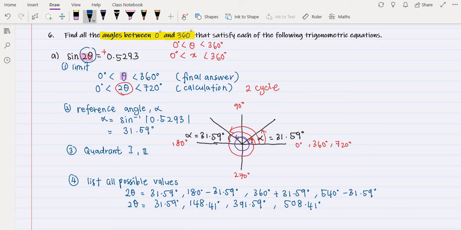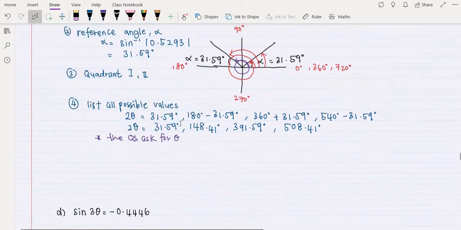So take note here again. There's another thing that you have to do. The question asks for theta. Okay, so you are not being asked to find 2 theta, but instead they want us to find theta. So now before we write our final answer, we have to divide all those 4 angles by 2 because we have 2 theta there. So given theta will be equal, the first angle will be